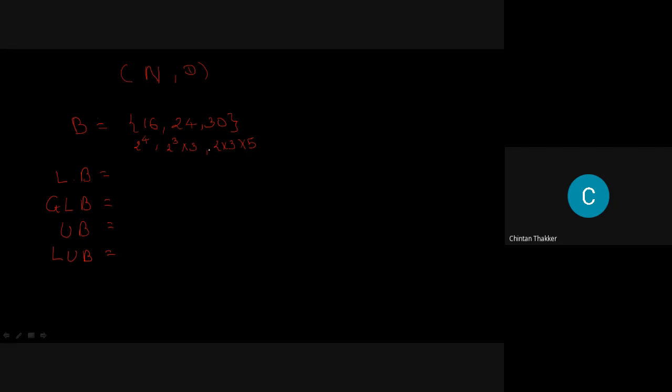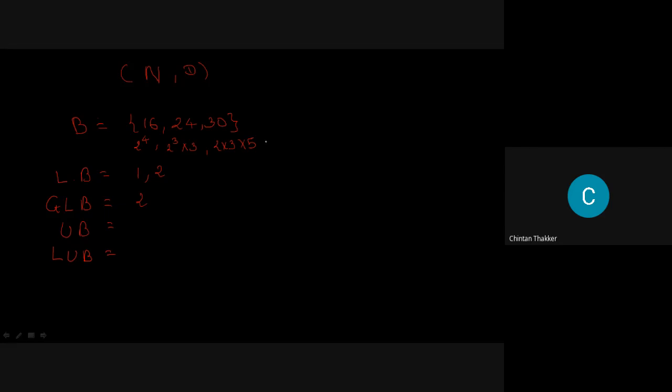So we have the lower bounds as 1 and 2 only. Now 1 divides 2, so 2 is the greater number. So the GLB is 2. Now we require the upper bound. For the upper bound, we find the LCM. So here, the LCM is 2 raised to